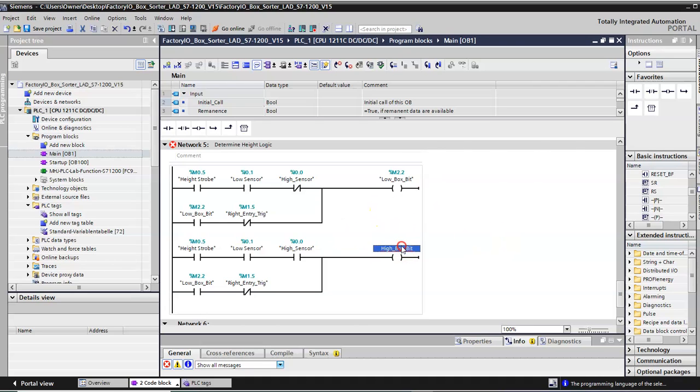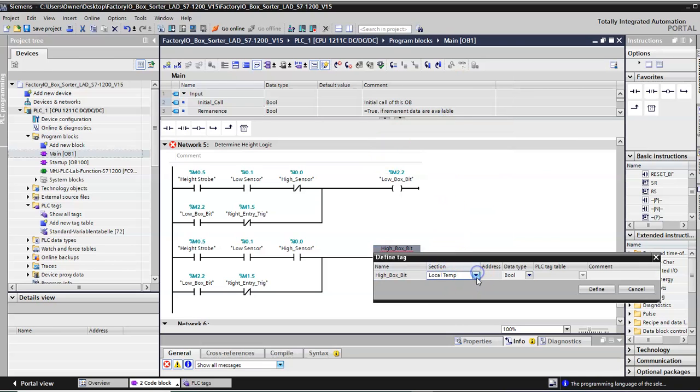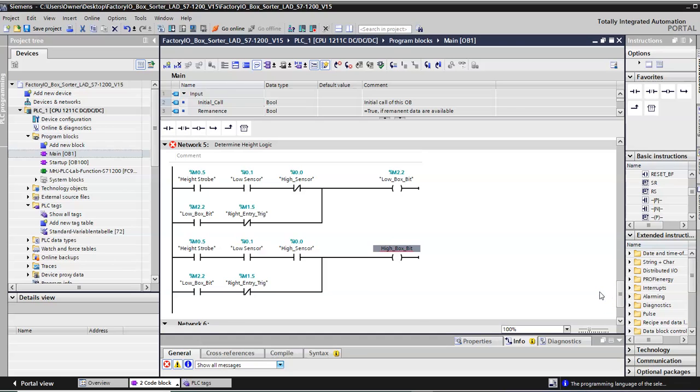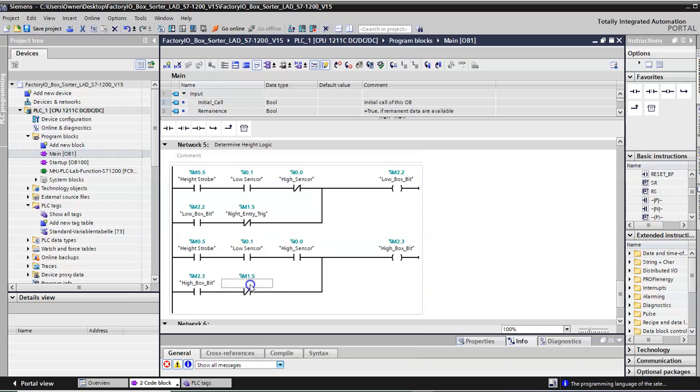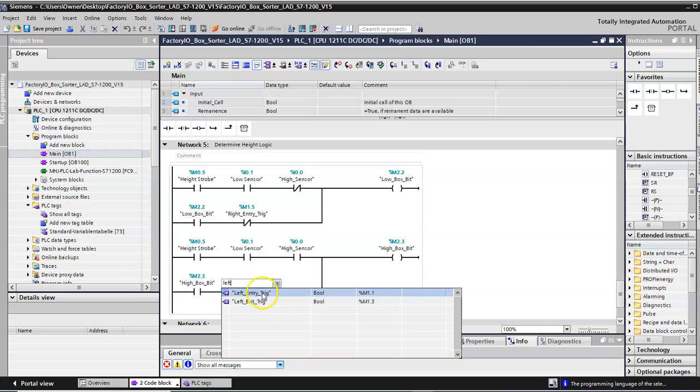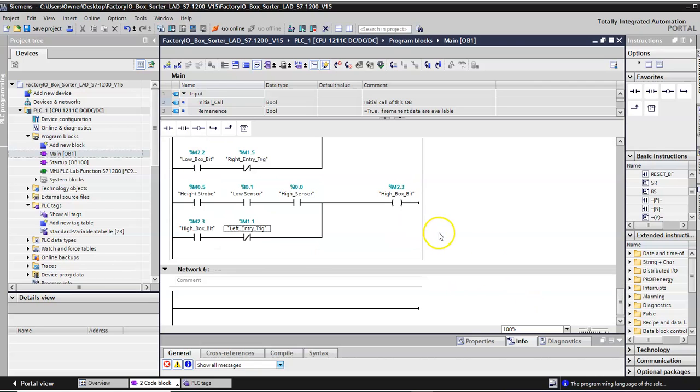And we've got to give that a memory bit, so it's going to automatically give it the next available. This will be the high box bit, and what we have to do is change this from the right entry to the left entry trigger. Okay, so now we've got everything ready for transfer, and now we just have to do the transfer and turn